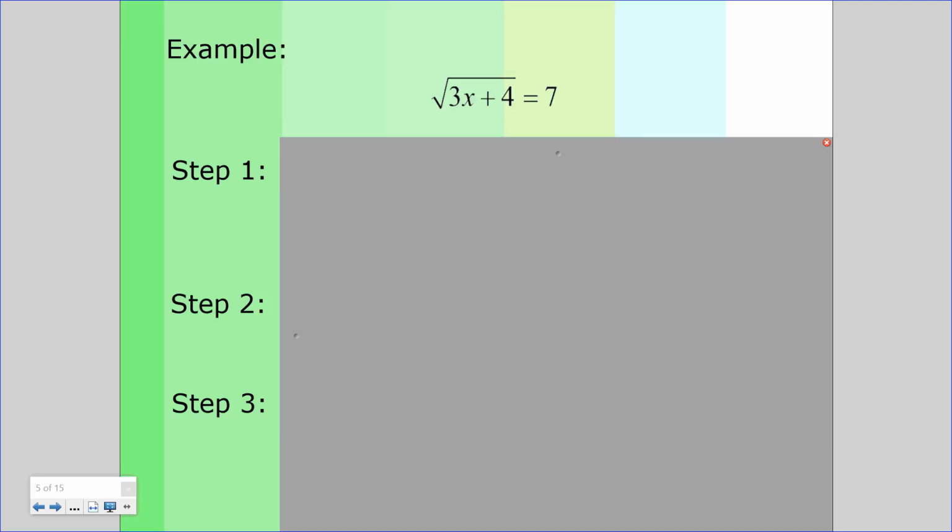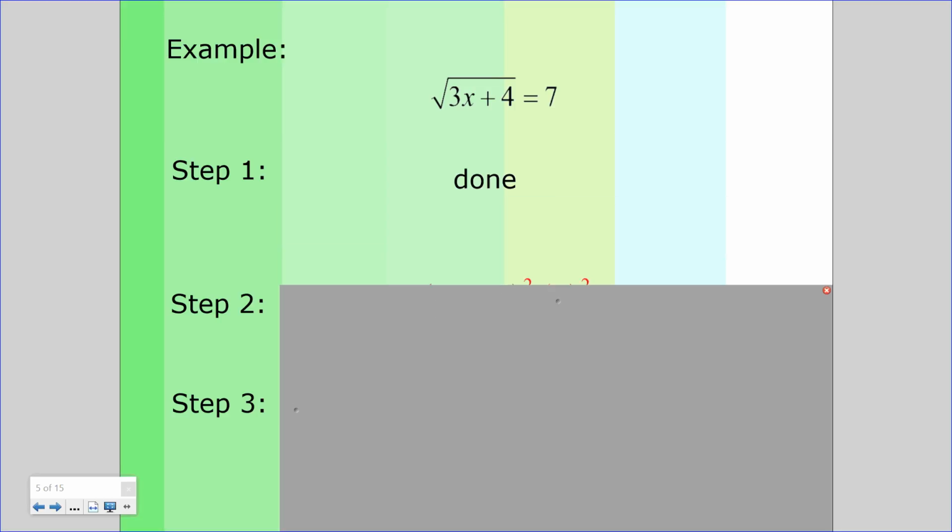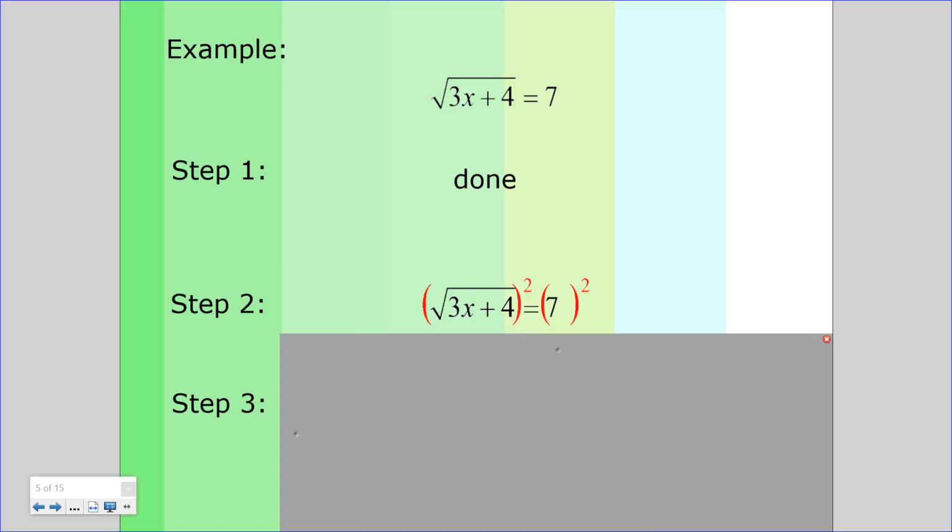Here's our next example. So step 1 is always to isolate your radical. Well, in this case, the radical expression is the only thing on that side of the equation, so it is fully isolated. So we actually can skip over step 1 and move straight to step 2, which says to square both sides. Anytime you square a square root, it leaves you with just whatever was under the square root sign, so the radicand. So the square root of 3x plus 4 squared reduces to just 3x plus 4,